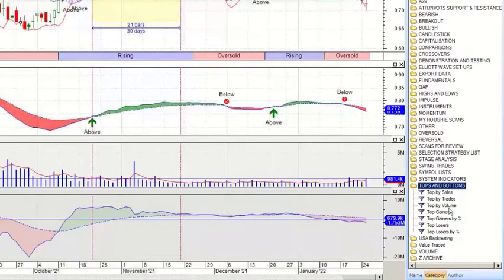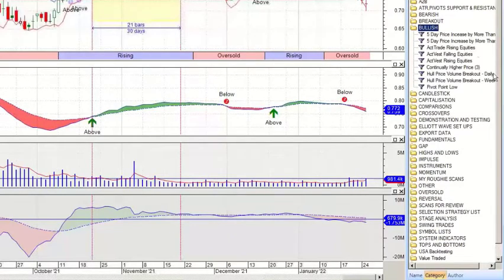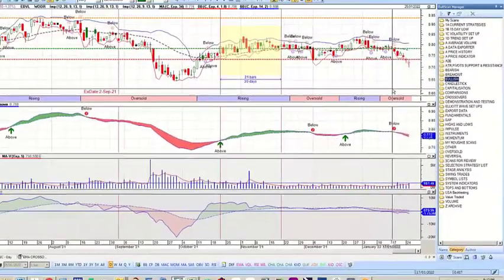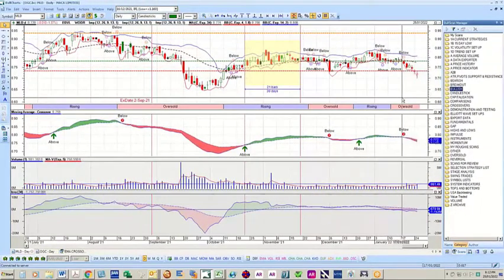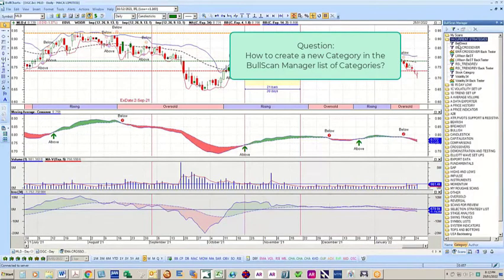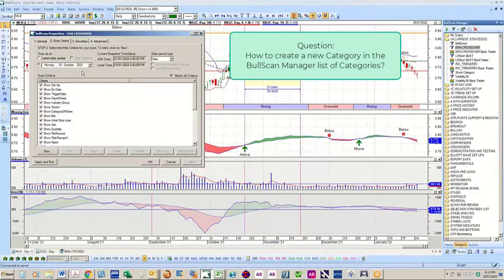Yep. That is all your standard BullCharts scans, so that's why they look a bit different. Those will be all the standard ones. And that's one of the features in BullCharts that a lot of the newer users don't think know much about, and that is how to change the category or add new categories to that list of category scans. So, okay, I might just run through that.